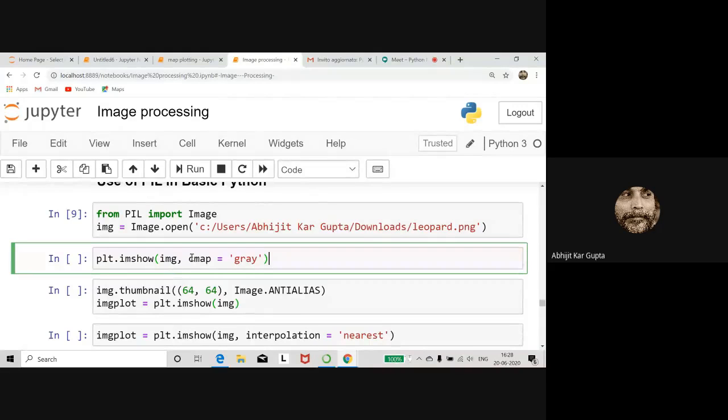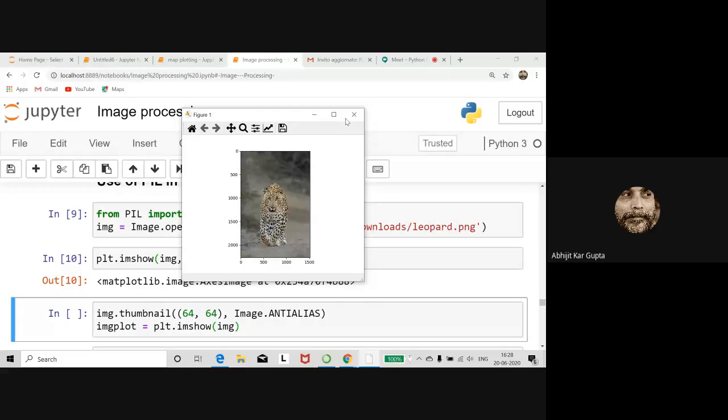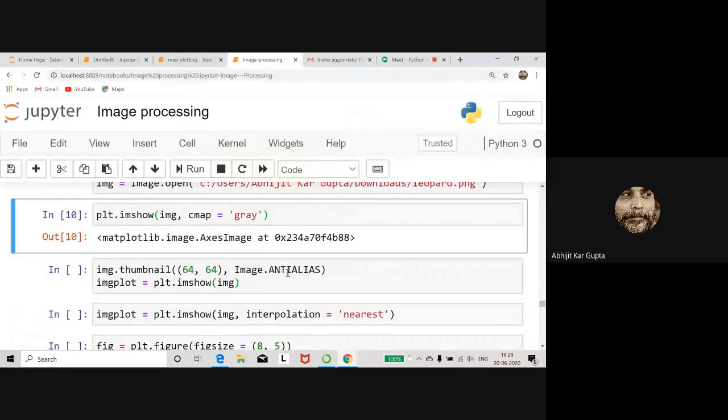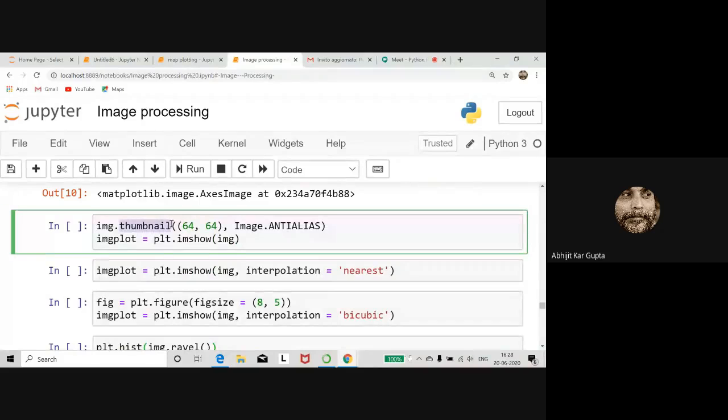I wanted to convert it to gray with the keyword cmap equal to gray, but I saw this did not work. I don't know. I have to explore. Okay, forget that. And then there are other things. You have thumbnail, another function. You can fix the size of the thumbnail, often used in your product or something like that.